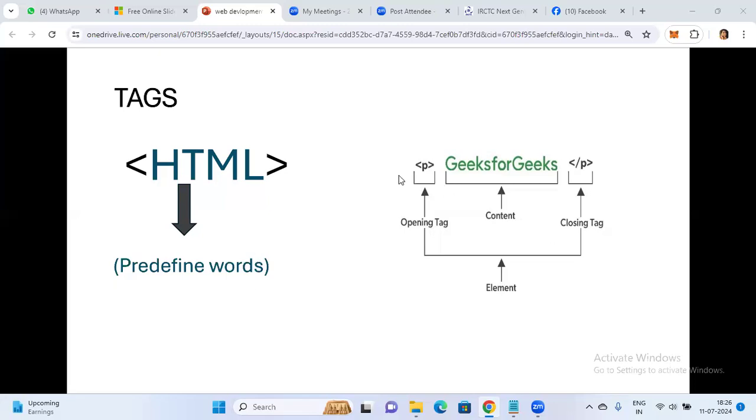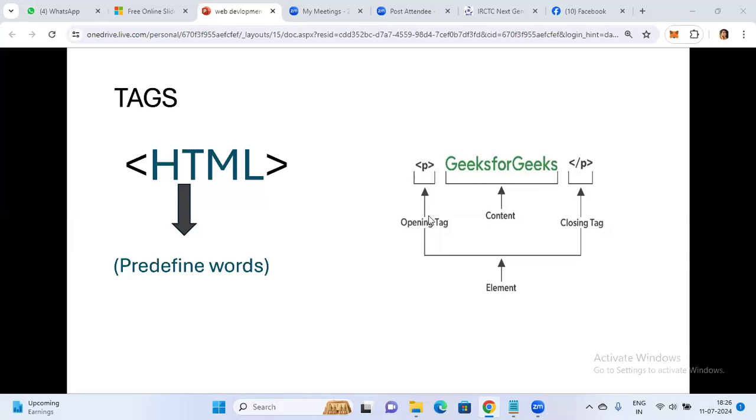Here I have given an example: this is an opening brace and this is a closing brace. What is opening and what is closing? If there is a slash inside, that says it is a closing. If there is no slash, then it is an opening brace. Inside the opening and closing braces, there is content in between.